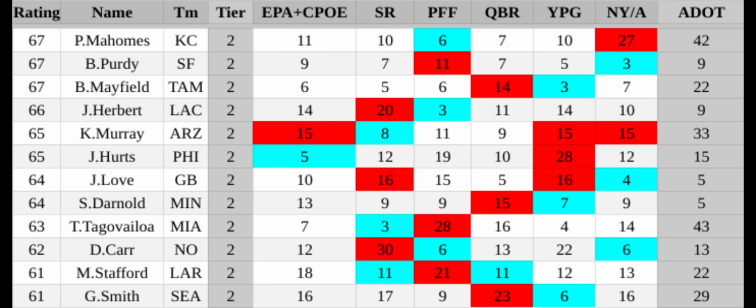Next, we have a controversial one with Jalen Hurts, the Super Bowl MVP. I'm not factoring in the playoffs, by the way, so that is one thing to remember. Hurts was elite as a rusher, and he was also effective in passing insofar as if the reads were simple, he was executing them at a very high level.